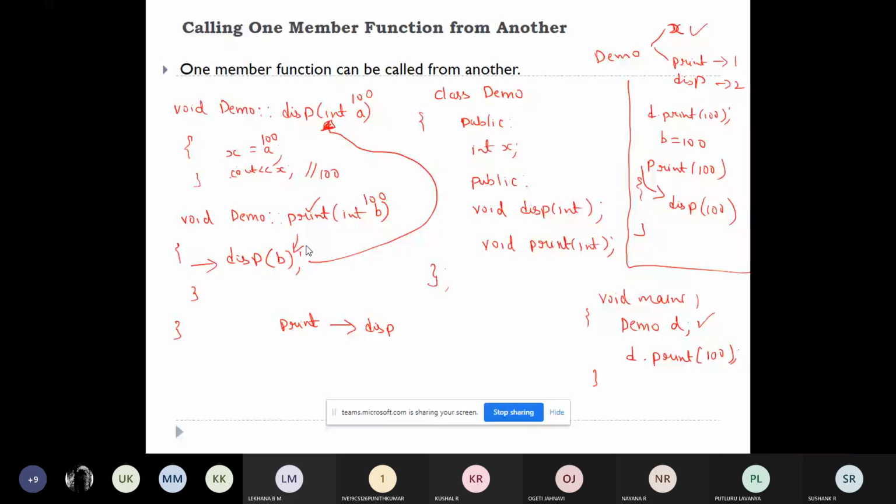Yes or no? So how many times should I ask you to respond? You should answer or you should ask some questions. If you're not understanding, you should tell, sir, I'm not understanding. If you're understanding, you should tell, sir, I'm understanding, like that. So, understood. If the class is interactive, it will be good for the faculty also.